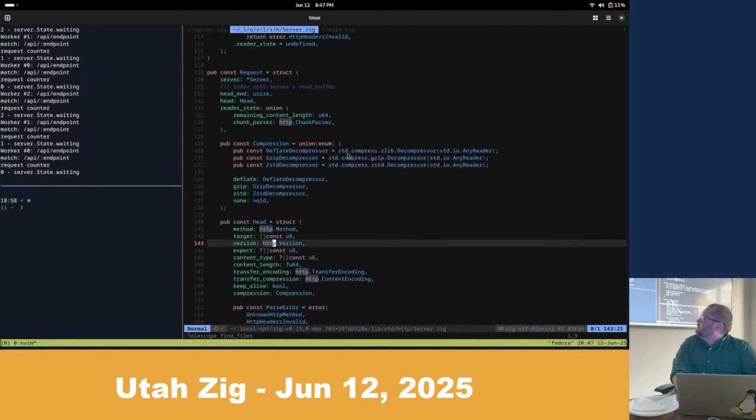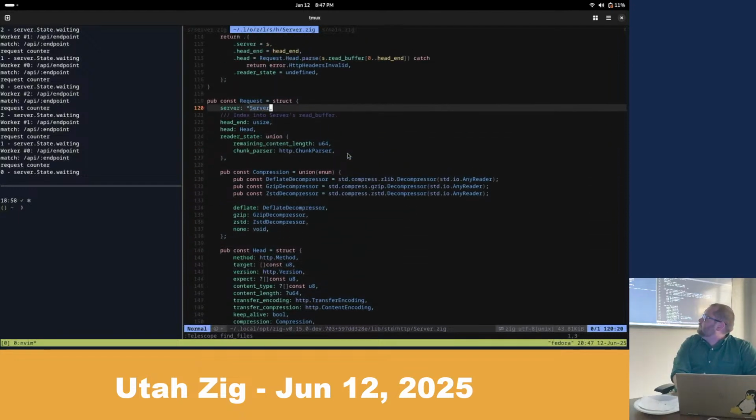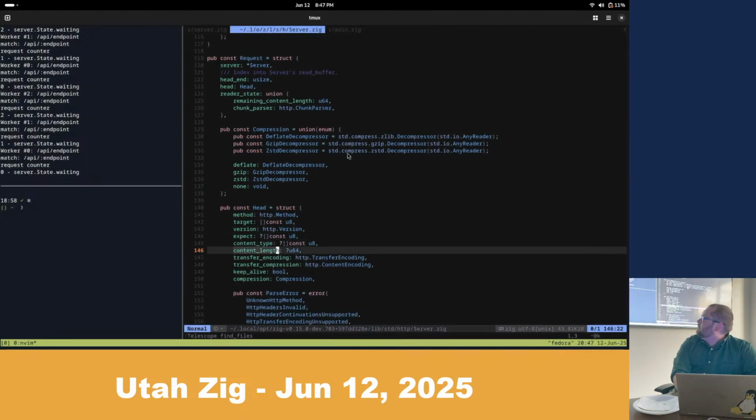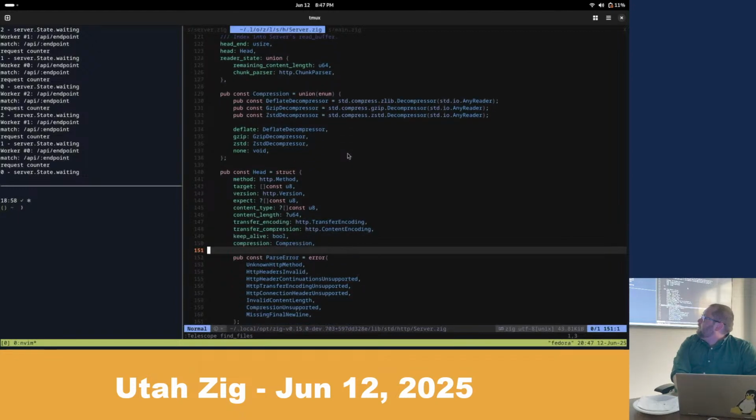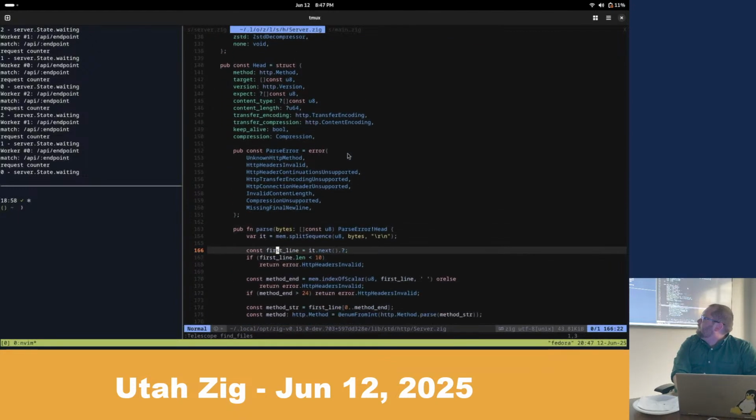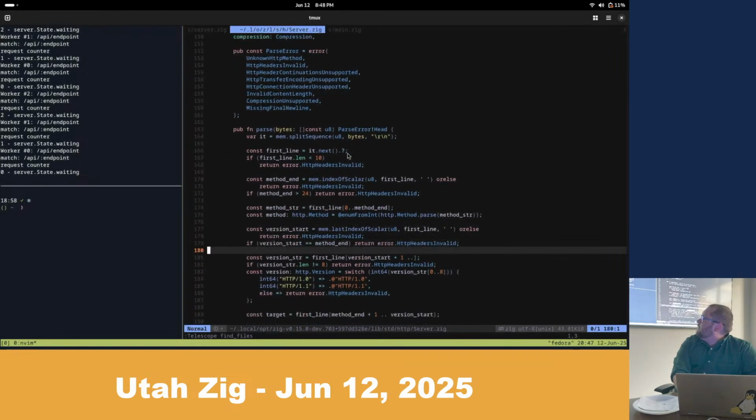That is not typical behavior. I don't even know how you would track what a connection is if it wasn't reading that information. Wait, it has a head start. Yeah. What you were talking about, yeah, it didn't used to. So the head start just pulls out the data for you in the head. This is the stuff they were talking about, because I think a lot of the Zig frameworks were actually using other, like C, HTTP systems to bring stuff in. Okay, actually no. So this is the head object, and okay, it does have a parse method now. Okay.